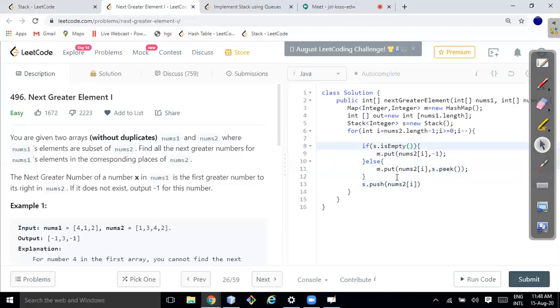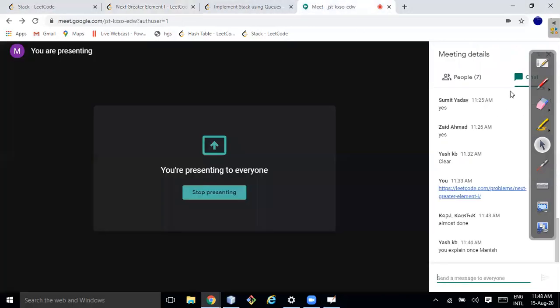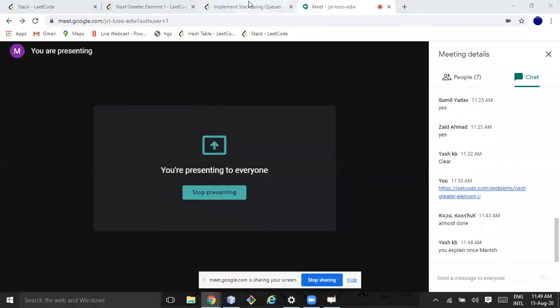But before all this, I have to perform a while loop also, right? As we discussed earlier, we have to perform a while loop to check the status, whether this element is lesser than or greater than here. So if I check it here for, let's say 4, I will be checking whether the top is less than or greater than. Okay, so two conditions.